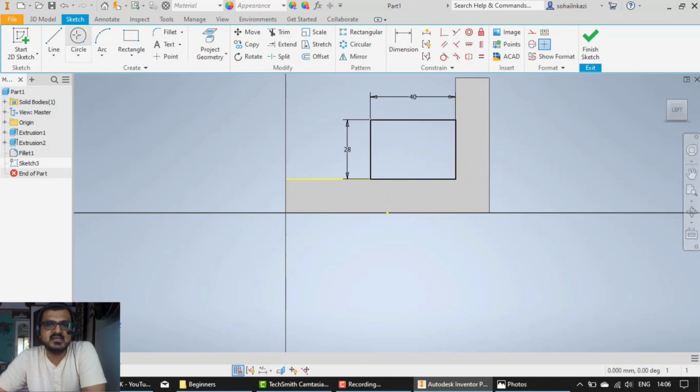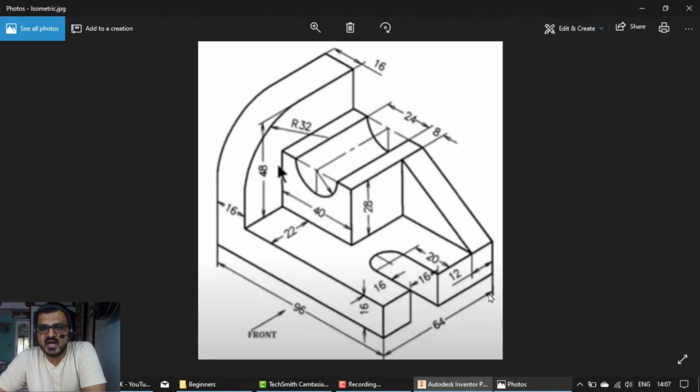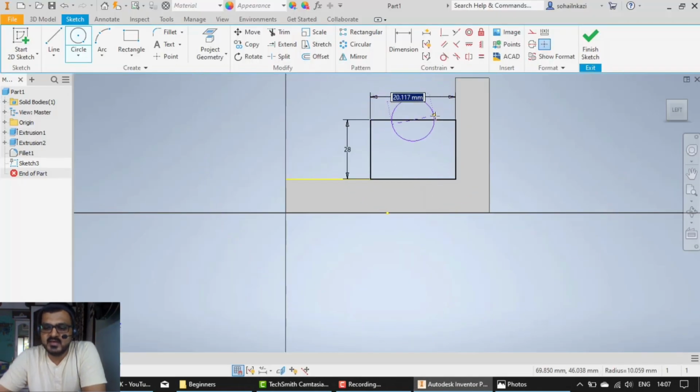So what I'll do, I'll select a center and I'll point over here, until it gets green. Just observe my pointer. The pointer is actually yellow in color, and as soon as it gets to the center it turns green. So I have to put it over there and make a circle of circular diameter 24. So I'll make a circle of 24 mm diameter. Okay, so this I have completed.